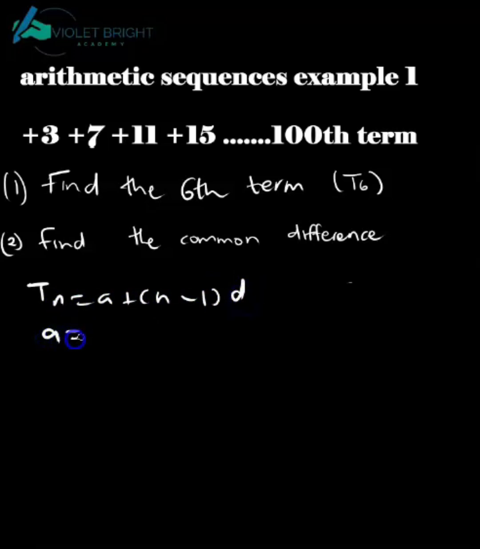So the first term is 3. The constant difference here, okay, even though it's in the second question, I'm just gonna do it. So from 3 to 7, we know that we add 4. From 7 to 11, we add 4. So basically, we know that we add 4, 4, 4, 4, 4. So definitely, we found